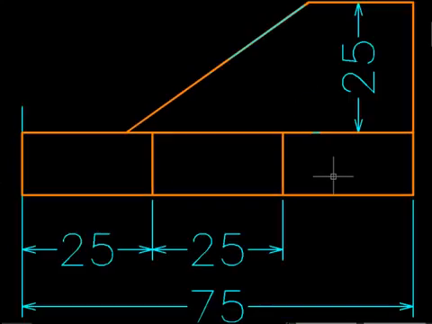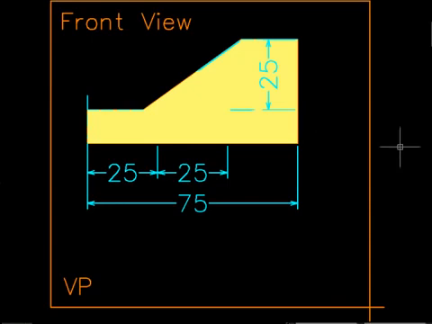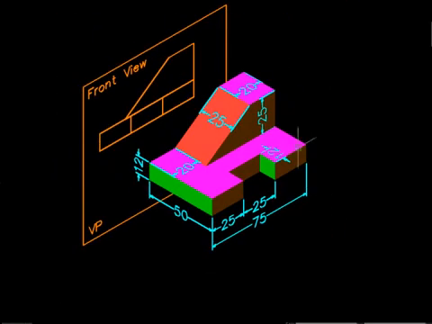Now using this line diagram we have to draw the front view. The front view is going to be drawn, and once we project it and draw the front view, it will appear like this. Now let us take back the solid and come back to the normal position. So this is the front view we are getting on a vertical plane.